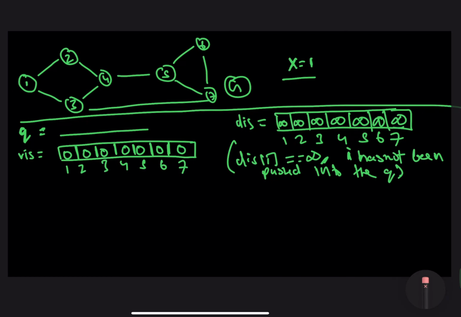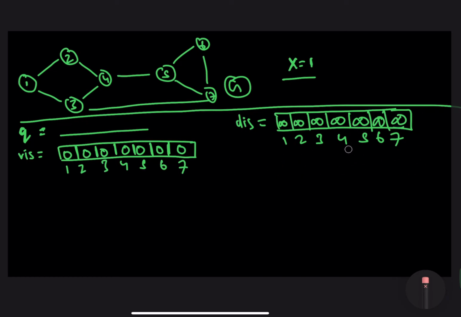Now that we have our requirements laid down, let's define the base cases. If you remember, the base case for the BFS algorithm was pushing the starting point into the queue. And now that we push the starting point into the queue, we also have to mark this node as pushed. For that, we mark VIS of x equal to 1. So we need to mark VIS of 1 equal to 1, because x equals 1 in this case.